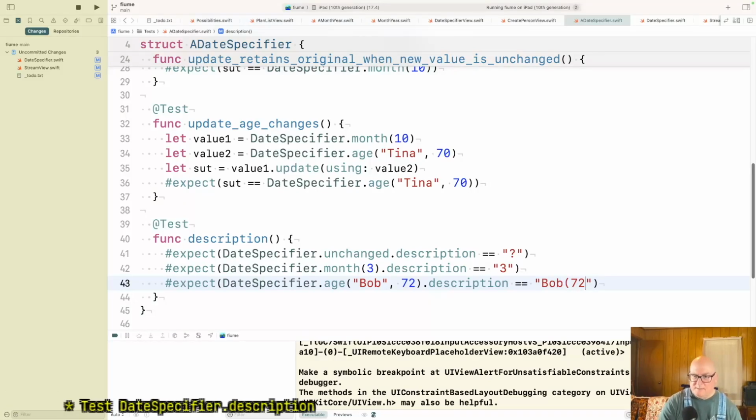Or Bob 72, maybe? At 72? Yeah, let's do that. All right, this should fail.